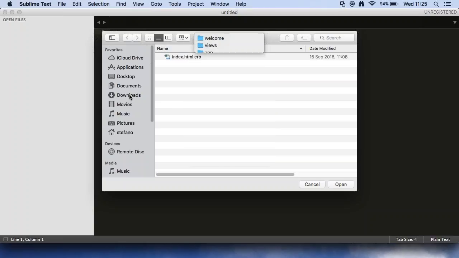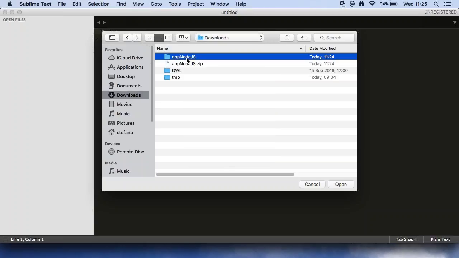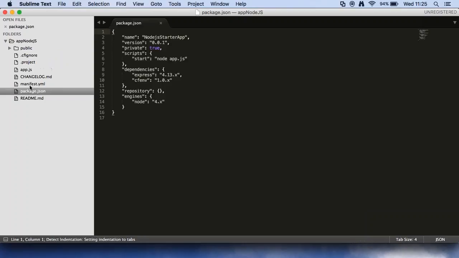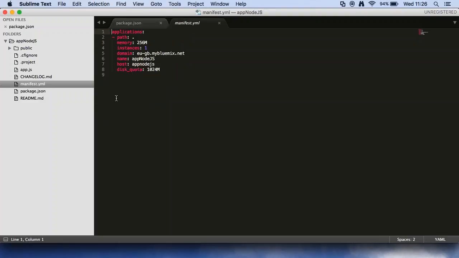So let's go to downloads, up to Node.js. Okay. And here I have all my projects. First of all, you have the package.json. I will tell you a little bit, maybe not all of you are able to develop, so I will go very quickly. And then if you would like to have an overview of more specific services, we can take a look at that. Anyway, the very important one is the manifest.yml